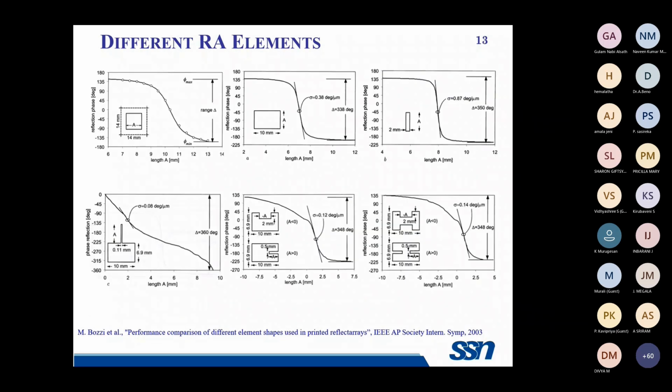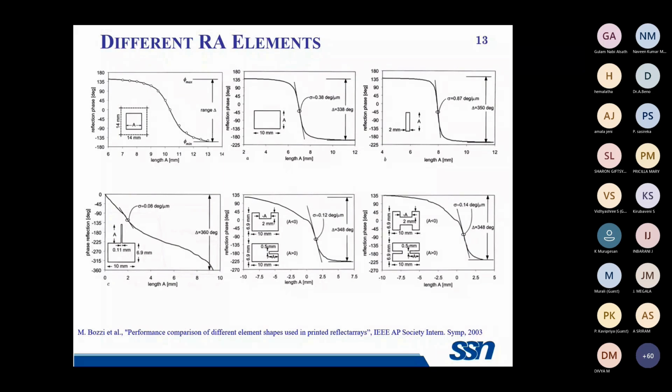In this first picture, we have a square patch. So a reflector array which is constructed using square patch. In this square patch, we have just one dimension. We all know that the square depends on one parameter, which is the size of the square, the side of the square. And that is the only parameter which can be varied to obtain the phase variation. So this we call the degree of freedom. Varying the single parameter in the square element provides us a phase range which is of lesser value.